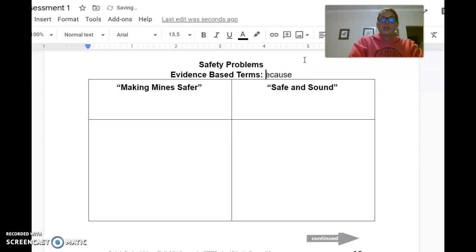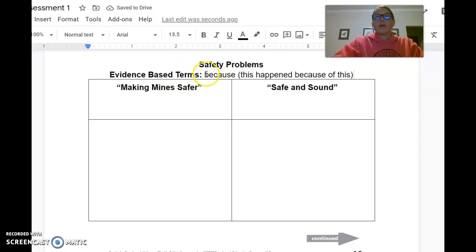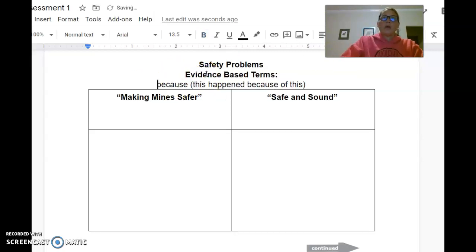We don't want to start our sentence with because, but we might say, this happened, and give an example, because of this. That might be one way that we might want to use the word because. I might say people are getting black lung disease because of the air.